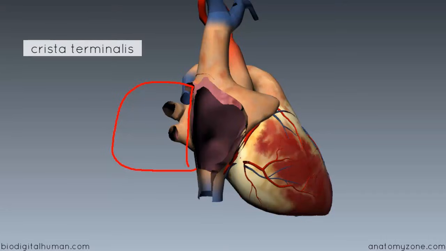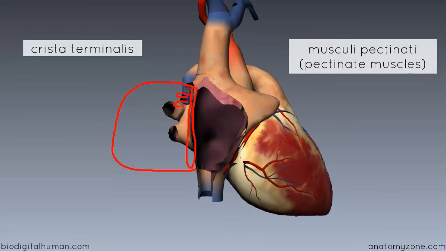It's this smooth muscular ridge which corresponds to the line of union between the sinus venarum, the smooth posterior wall, and this muscular ridged wall. On the muscular anterior ridged part, you've got these little muscular ridges called musculi pectinati, or pectinate muscles. I've just drawn them on here. And these pectinate muscles extend into this right atrial appendage,